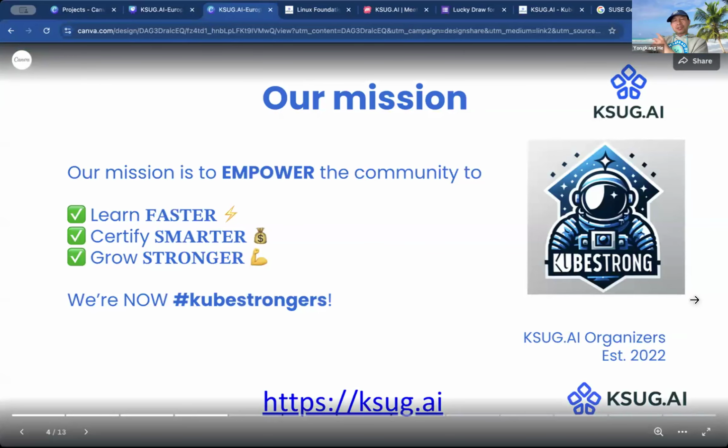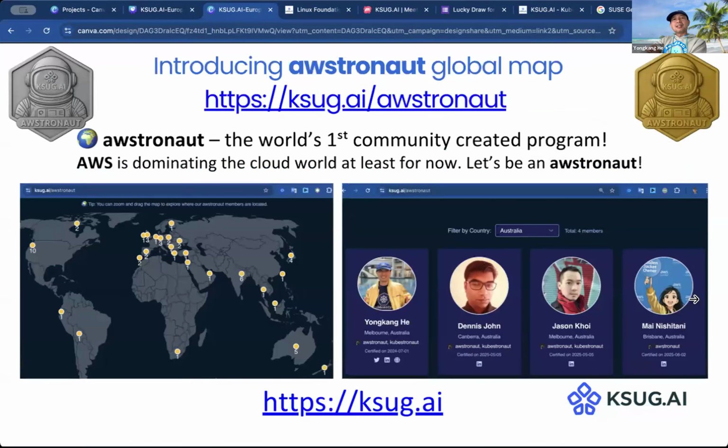I've done enough talking here just to give you some idea. Behind a part of our group, the KSUG.AI community, we also created an Astronaut program. Basically, think of it as the world's first community-created certification program.